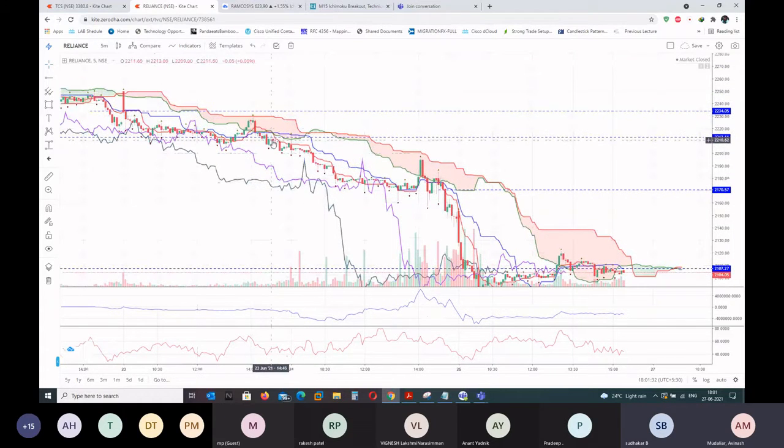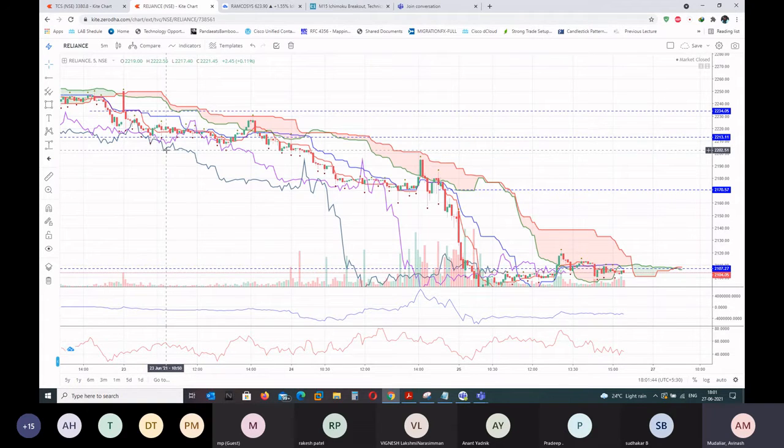Like for example, this crossover, it happened here. When the crossover happened here, you can see too much whipsaw. So you don't take it until Chikou span goes free. Likewise, here Chikou span went free at this candle. Then there's a small pullback, then ultimately it fell down.